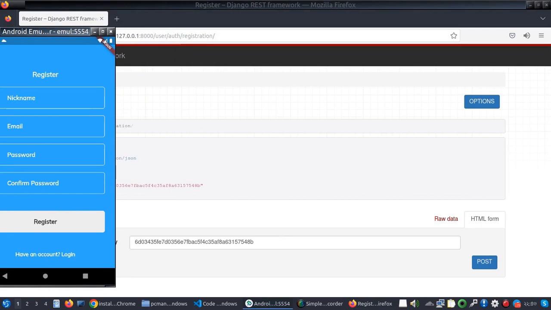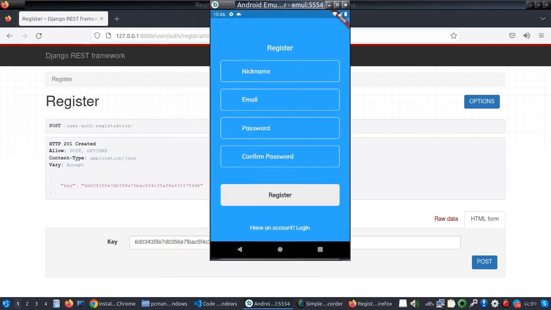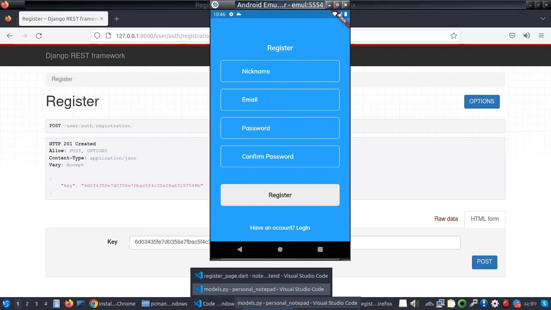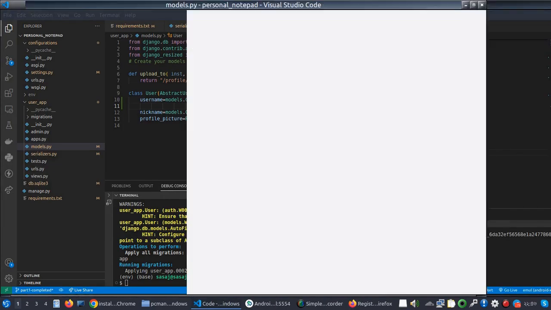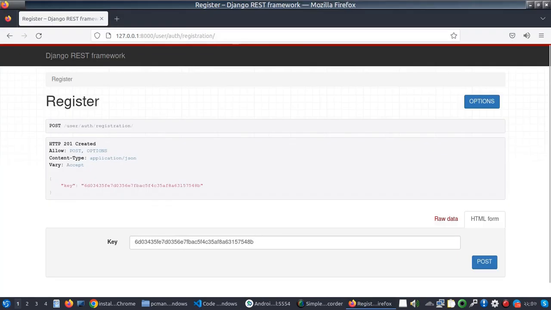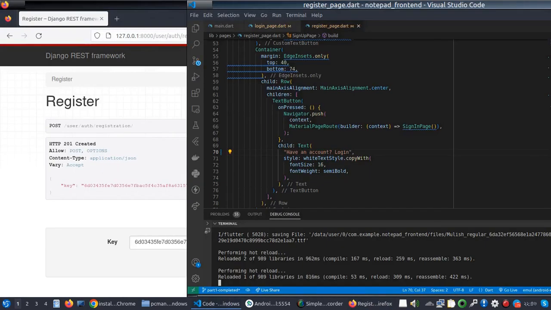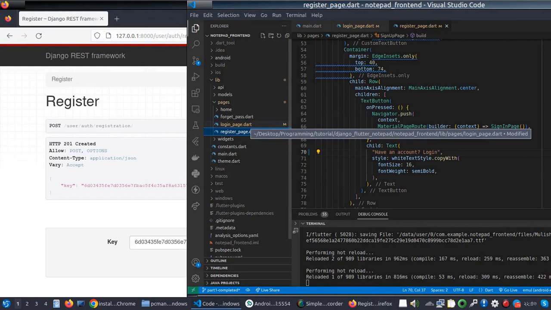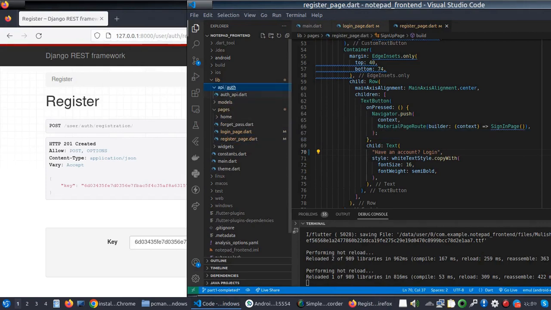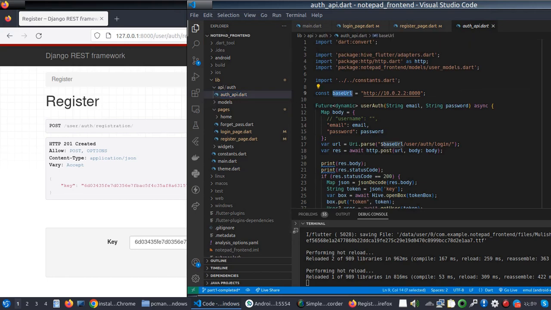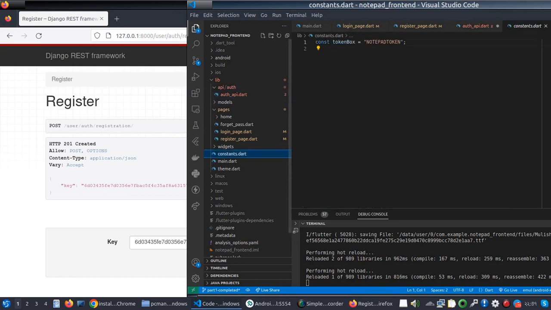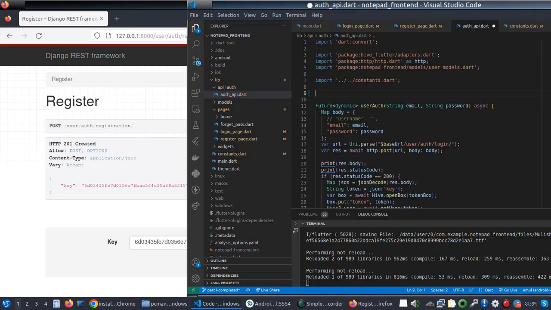Okay, with Django to Flutter, and to do this, you saw in my previous tutorial how we added the login. So here at first we need this endpoint. At first we will go to our front end. Here is the front end. Here this is the API, Auth API. This is the base URL, and we will